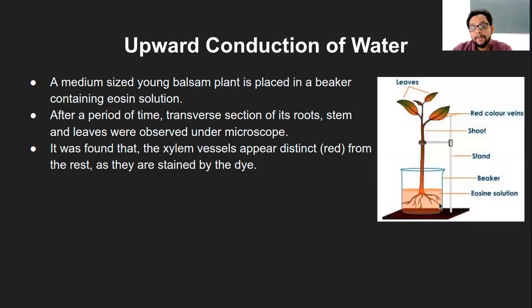Instead of eosin, you can also use any other water soluble dyes. Eosin is just an example here. So for example, there is crystal violet or so. These are different colored dyes, green colored or blue colored or yellow colored dyes, which are water soluble, which can also be used. This is specifically used keeping in mind the contrast between the colors, that's what I feel. But otherwise, you can also use other water soluble dyes, which will ultimately show the xylem coloration based on which dye has been used for the experiment.